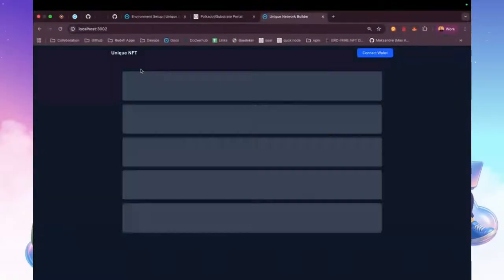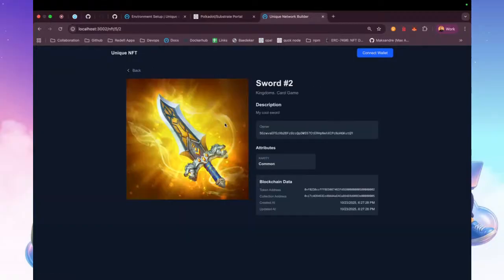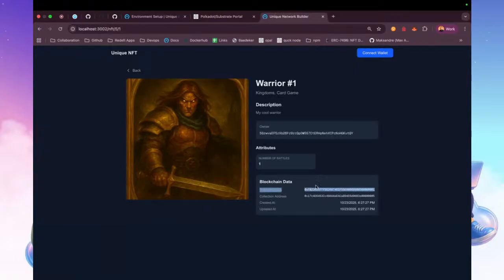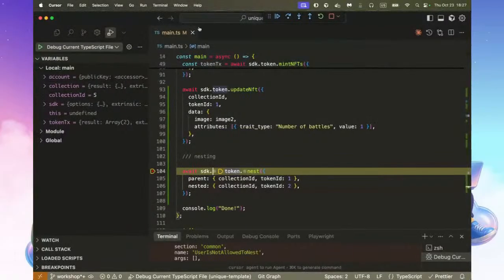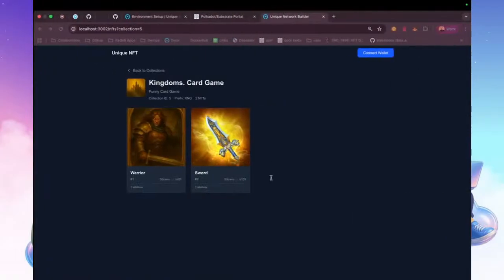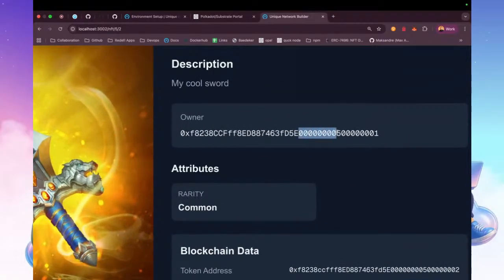Okay, so collection number 5, and our warrior is owned by us, and our sword is also owned by us. But as you may see, our warrior has this address, which is an Ethereum address, which is discovered. And after we nest this NFT, let me update. And yeah, our sword now is owned by this address, which is a bunch of zeros